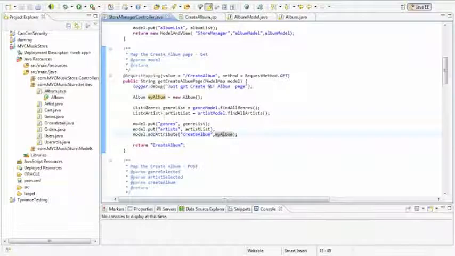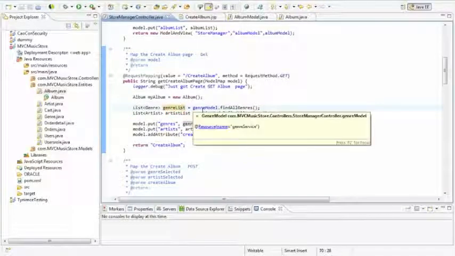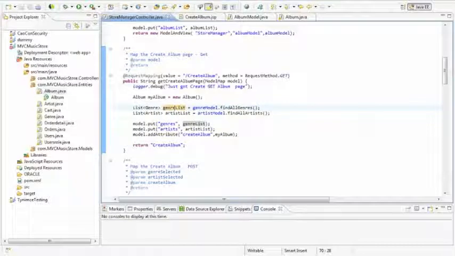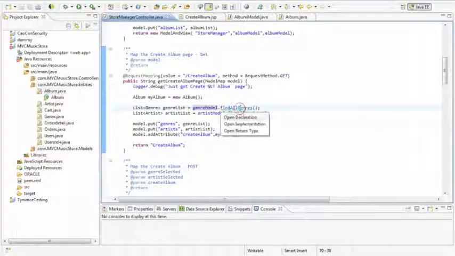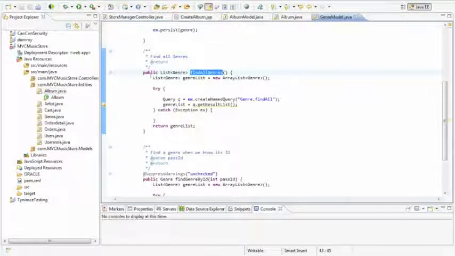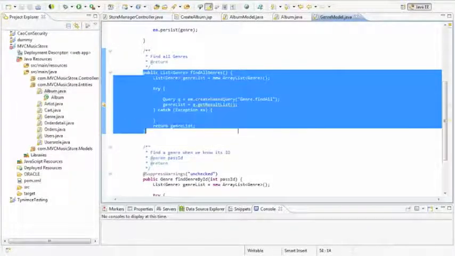First one, genre list and artist list. Okay, I remember we talked about this one already. Genre model, inside the genre model, find all genre, and it will return the list of all genres inside the database,